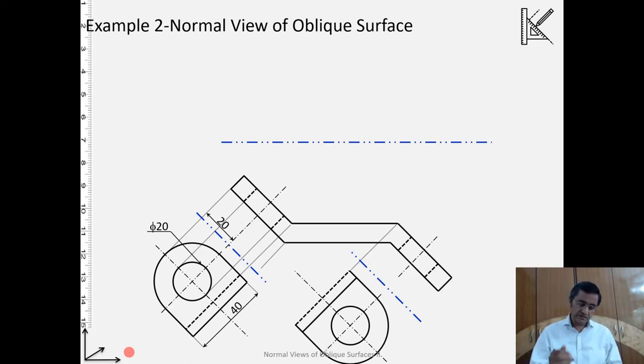Some important things, as we did in the previous case also. In order to create the horizontal view, I can use the frontal by drawing the projectors to the horizontal. I can create the horizontal projection of this, and of course I know the depth of it because the depth is 40 units.